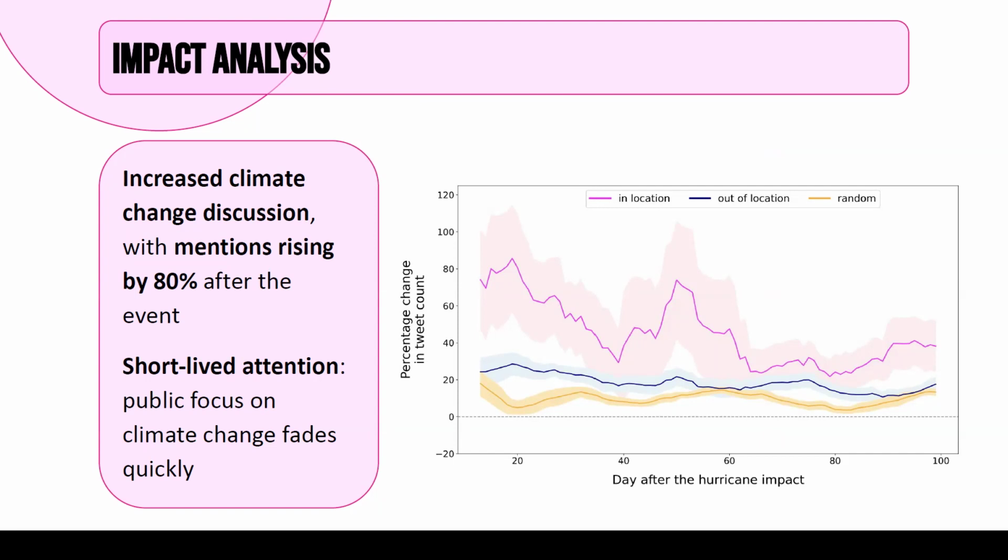And the yellow-orange line at the bottom is a random baseline that we use to assess the difference between impact on local areas, out of location areas, and random areas across the world. And we could discover that, in fact,